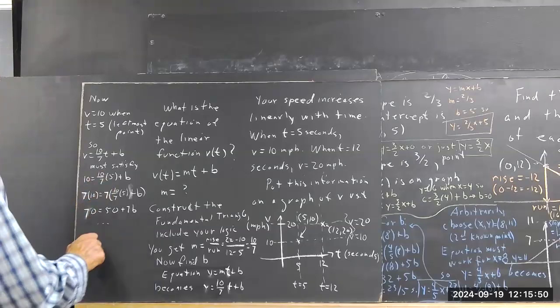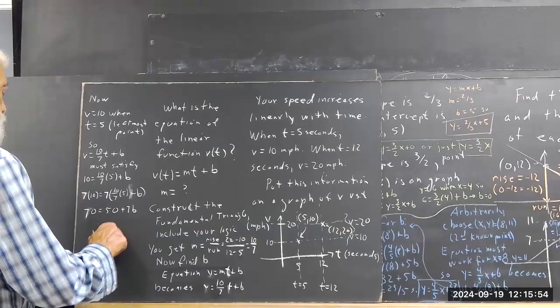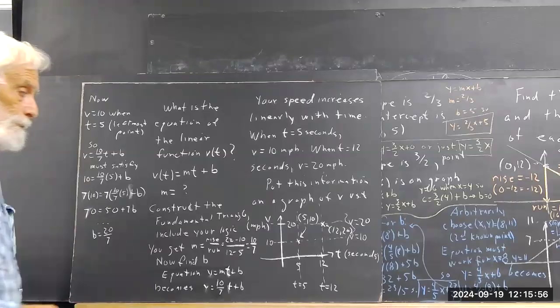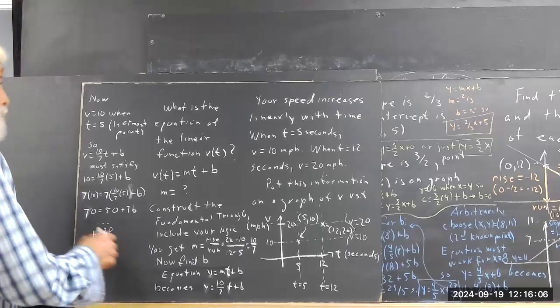Some dots fill in the blanks, but you end up, I believe, with b equals 20 over 7. Everybody get that? Okay, so I'm going to kind of confirm that. I would ordinarily check it, but I'm running short on time. So if that's correct,